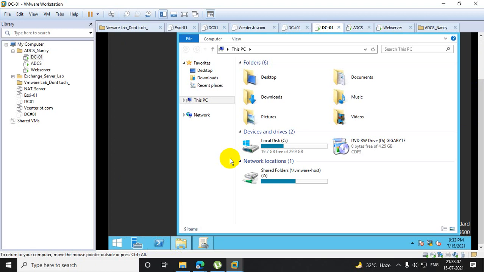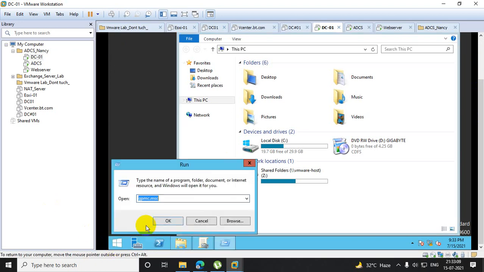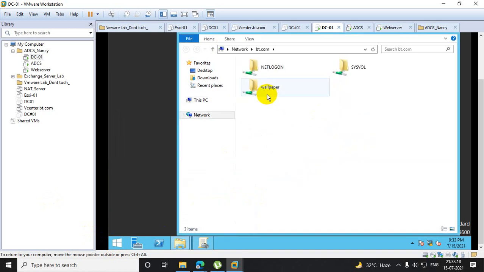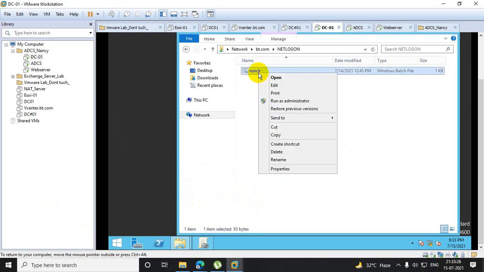Okay, now where the script is located, if I go to the run, \\bt.com, and go to the NETLOGON, yeah, that was the script share on the domain that I told you. You can use this share path, but if replication is going on, then it will allow you. Rest of the time you can use it.